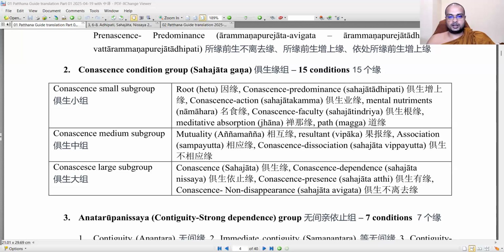Right. But in the case of the Nisaya condition, the dependence condition is divided into 2 parts, the connaissance dependence and the prenascence dependence, right? In Pali it's called Sahajata Nisaya and Purejata Nisaya. The Sahajata Nisaya, the connaissance dependence, belongs to the connaissance major subgroup. And the Purejata Nisaya, the prenascence dependence, is further divided into object prenascence dependence and base prenascence dependence, right? Object prenascence dependence is Aramana Purejata Nisaya. Base prenascence dependence is the Vatthu Purejata Nisaya. And